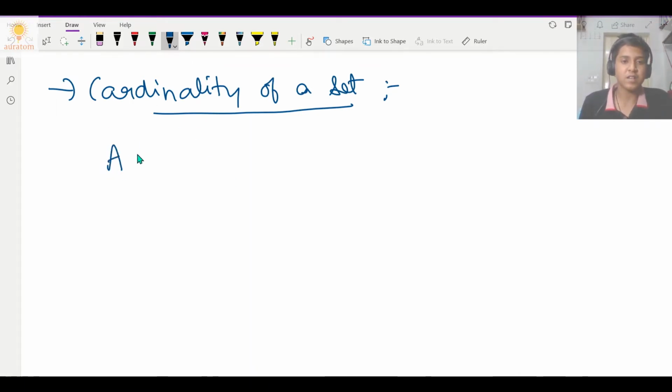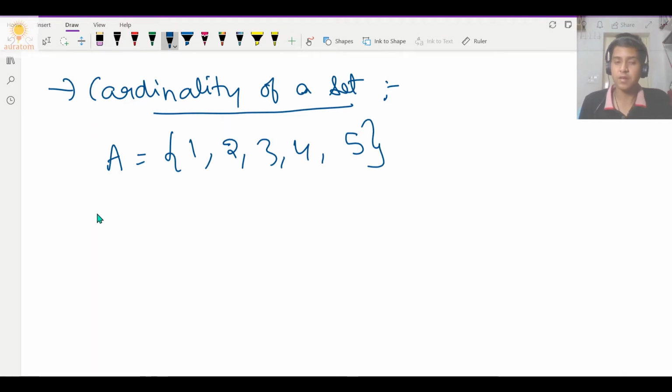So let's say that A is a set 1, 2, 3, 4 and 5. Okay, then the cardinality of the set A, which will be A under bars like these, or the modulus sign, it is similar to the modulus sign. Then the cardinality of the set A will be just 5, right? Because there are 5 elements in A. So the cardinality of the set A will be equal to 5. It's such a really simple concept, the cardinality of a set.